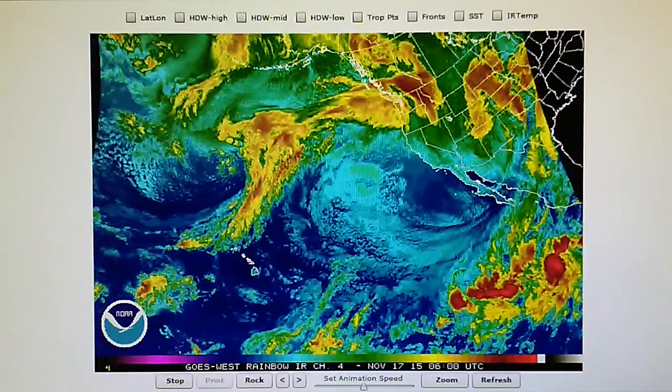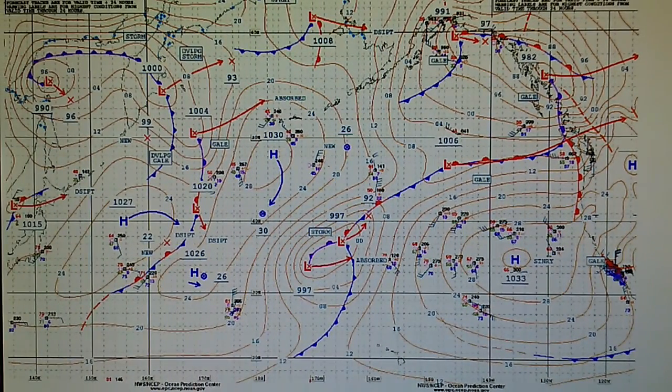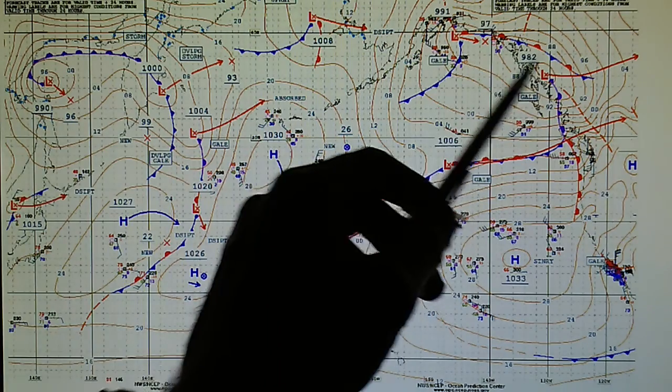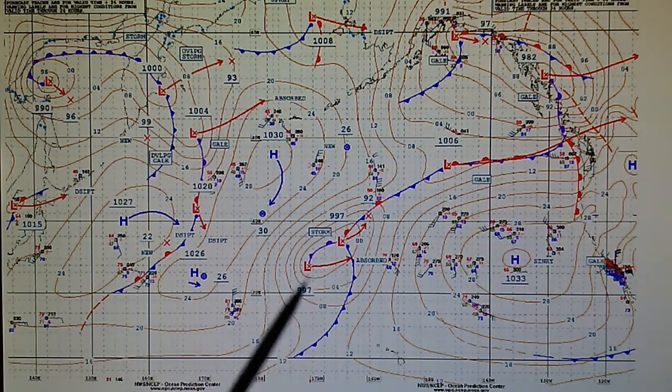Okay, let's look at the surface analysis map, and we can see that area of high pressure right here, 1033 millibars stationary, and we have this storm that's located just northwest of Hawaii. That's this thing here, identified as a storm. And then we have another gale up here, and another system of low pressure up here. But this is the main thing we're going to be keeping an eye on. This high pressure here will have to be stationary for a while because of